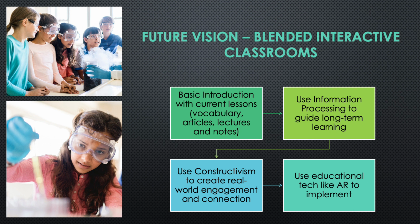But if there's a way that we could speed run through the introduction piece and allow the students more time to process and use the content, I feel that this kind of almost blended classroom would work better for that long-term retention. So if we look at learning theories like information processing, which is all about how we're placing it into our memory and recalling that information, or constructivism, where we are looking at real world engagement and finding relatable pieces and applying our knowledge to those relatable pieces,